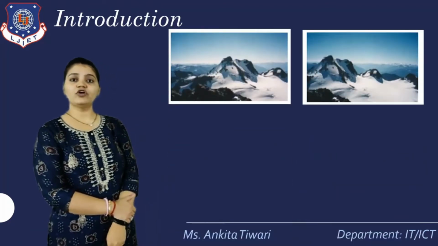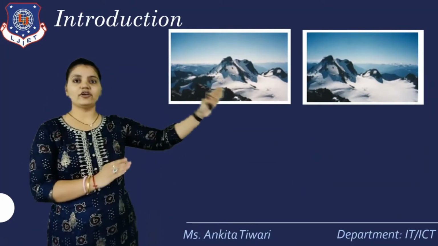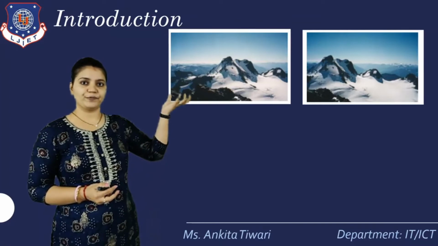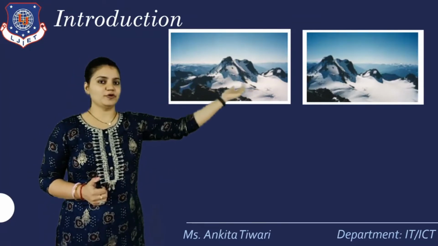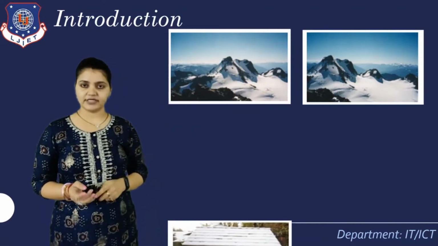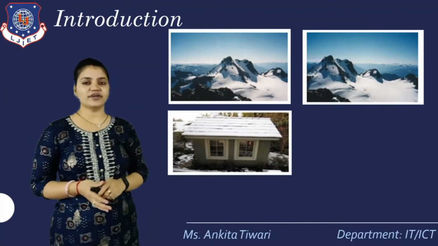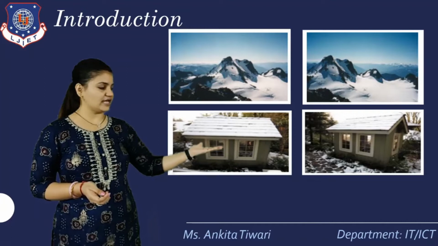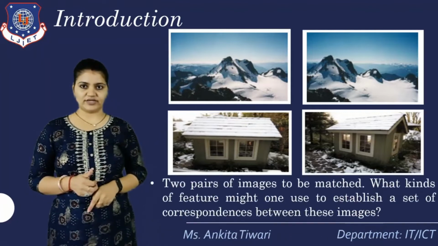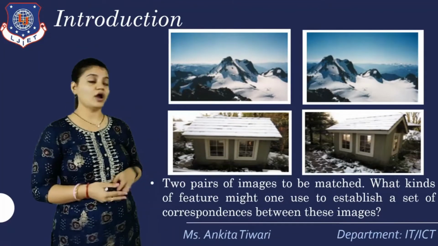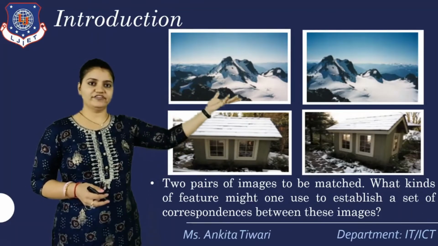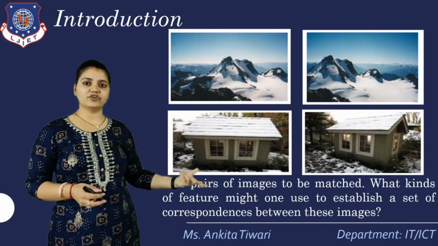Here, as you can see, we have the first image and another image, two views. In the first image, this portion is more visible, and in the second image, this side portion is not there but that side portion is more. Combining these two images leads to another image. Same for this one: two views, one in front view and another on the left-hand side. Combining these two images as well. For the two pairs of images to be matched, which portion of both images is common? You can see it in both of the first images and in both of the second images.